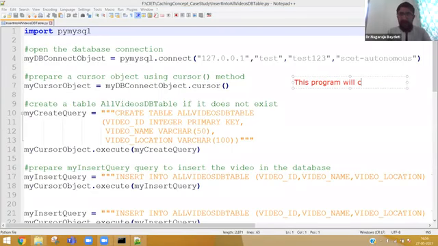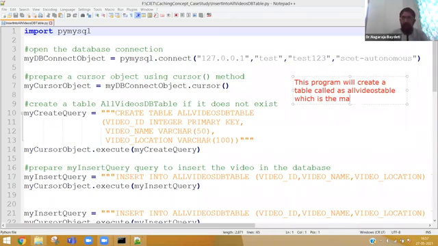will create a table called the all videos table, which is the main table.